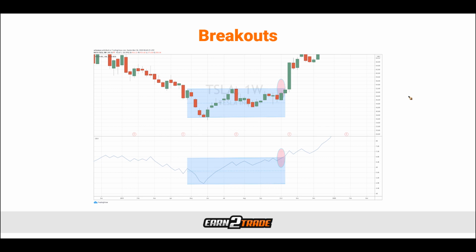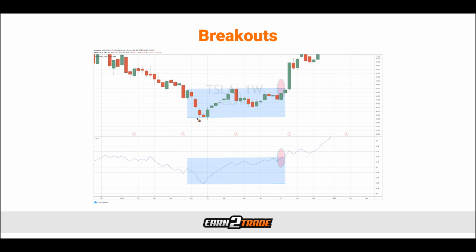Another widely popular OBV strategy is identifying breakouts with the help of the OBV in conjunction with price itself. To do this, traders usually start by identifying key, strong support and resistance areas. This way they can put a box on where price is currently contained. Then they're looking for the OBV to provide a similar story.